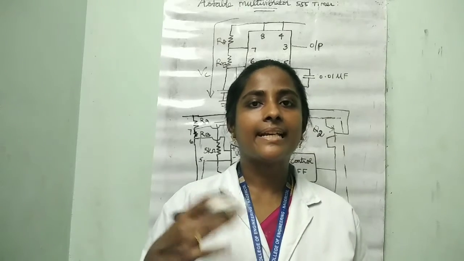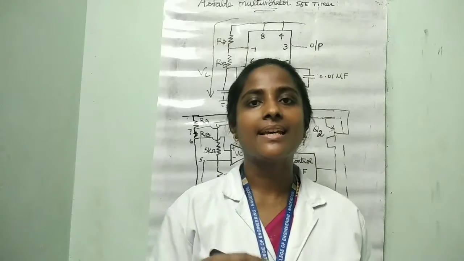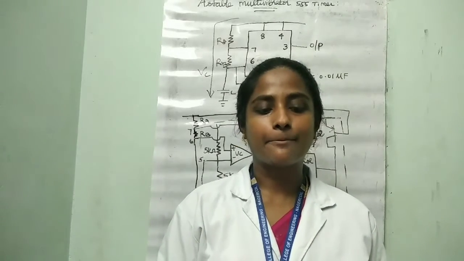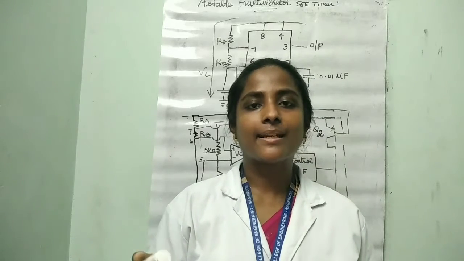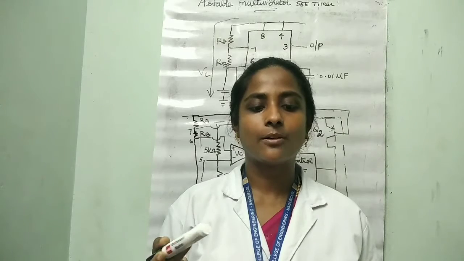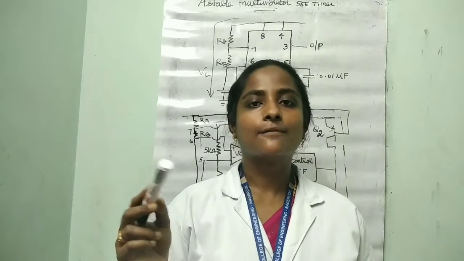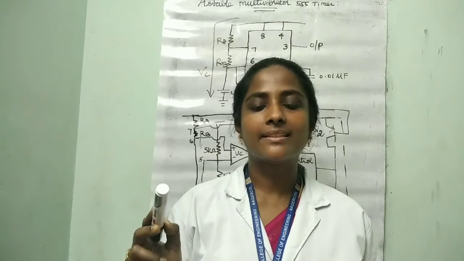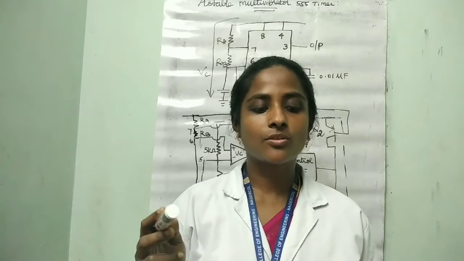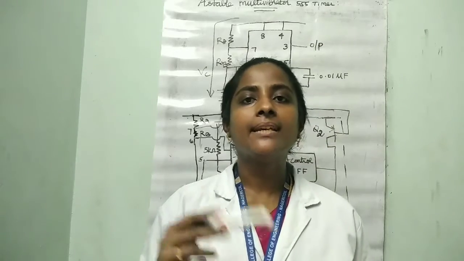Okay, here the external timing capacitor also triggers. This unclamps the external timing capacitor. Okay, the capacitor now gets charged and discharged towards 2/3 VCC and 1/3 VCC respectively. Now the output will remain high during the time the capacitor charges from 1/3 VCC to 2/3 VCC.